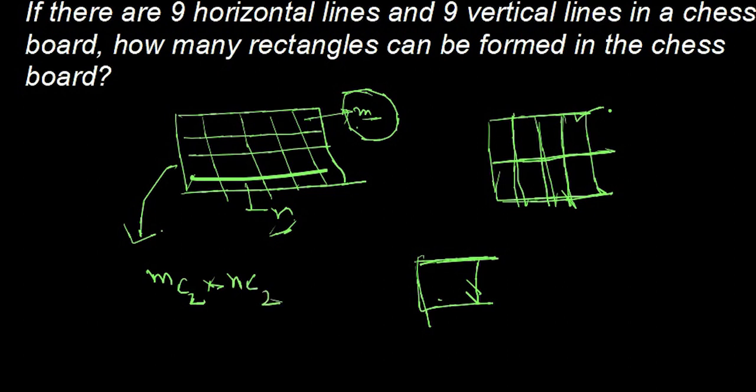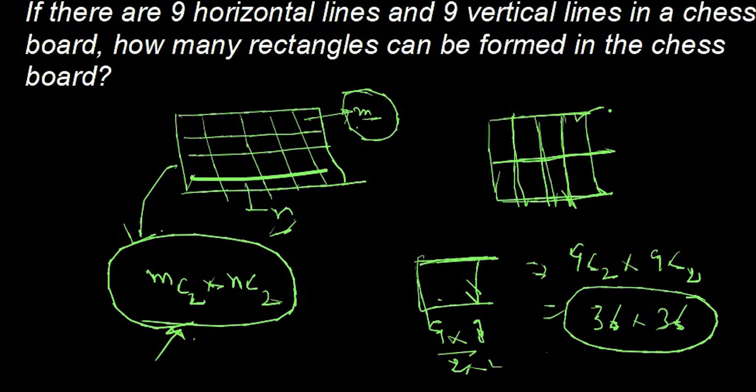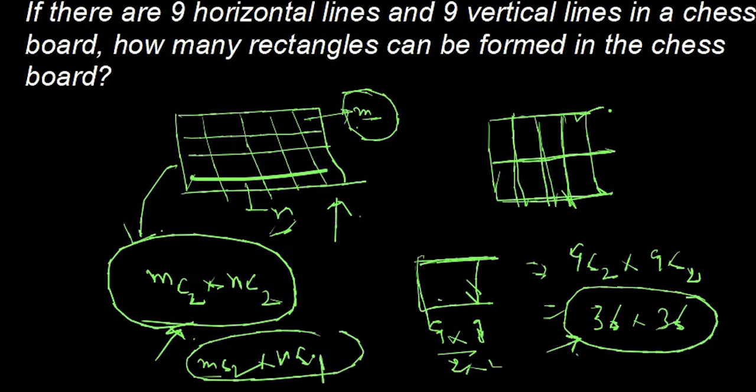So that's why I took this question, because it's a pattern problem। So this is going to be 9C2 multiplied by 9C2। What is 9C2? 9C2 is going to be 9 into 8 divided by 2 into 1, so it is 36 into 36, whatever the answer. So this is going to be the answer. So whenever rectangle is going to be there, you need to select like this. If there is triangle, so it is given by mC2 into nC1। ठीक है, दो पॉइंट्स आप m में से सेलेक्ट कर लो, n में से 1 सेलेक्ट कर लोगे तो आपका एक ट्रायंगल बन जाएगा।